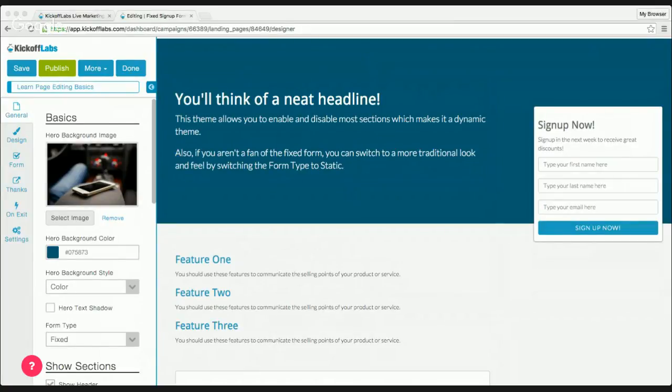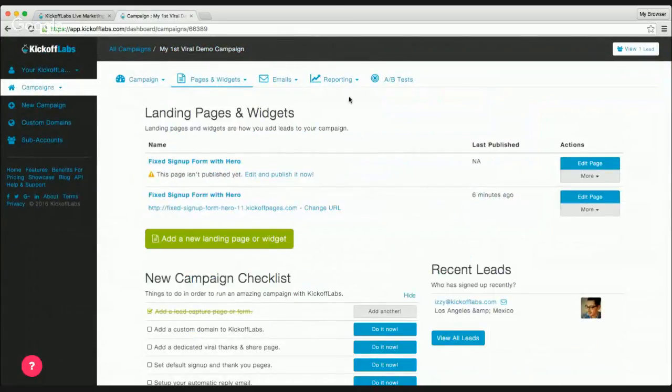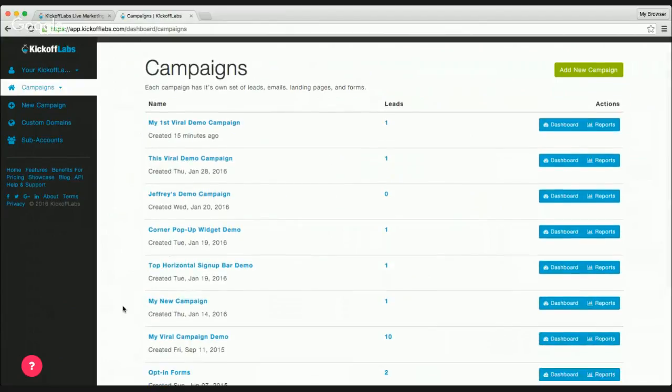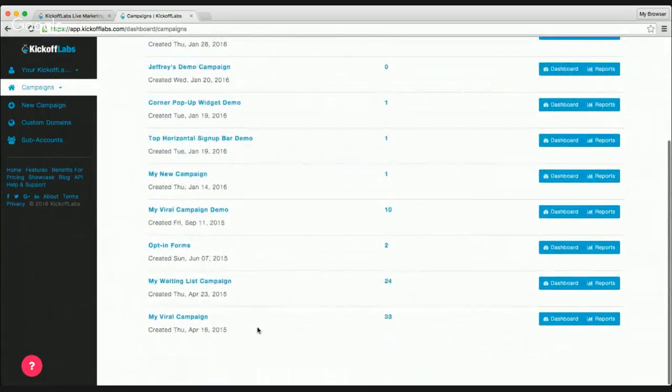And also for the viral campaign, are we able to trace the email addresses to the referrer? Yes, you are. I'm going to show you exactly how we can track who is sharing with who. And I'm going to move my demo just a little bit. So we're going to look at a different campaign, one that has more leads, so you can see a little bit more about the actual viral referral tracking. Let me show you this other one, which is one of our demo campaigns.